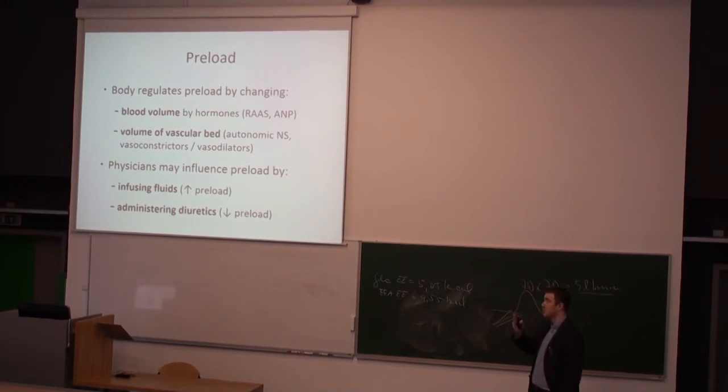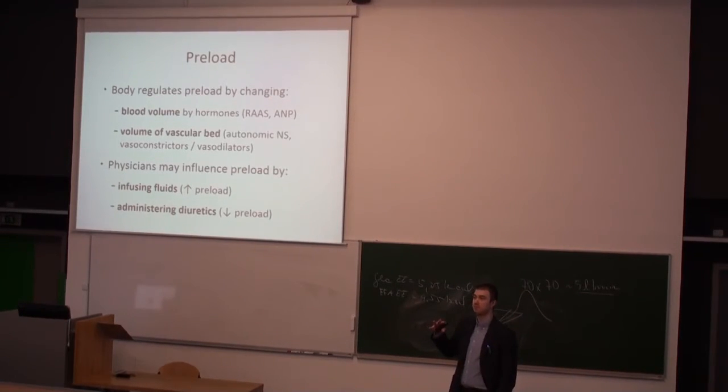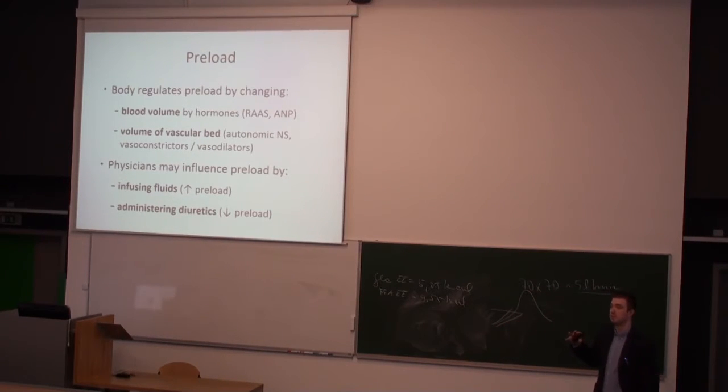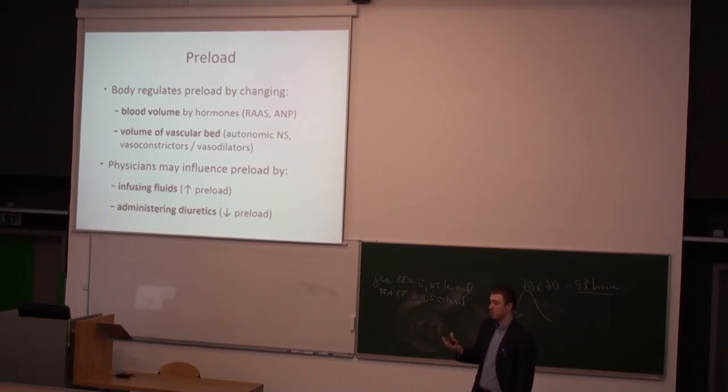You know that you have some physiological distribution of your blood inside the blood circulation. Where do you have the highest amount? In what compartment is the majority of blood stored? In veins. That means that if you take venoconstrictors that will constrict the veins, you will increase the preload.